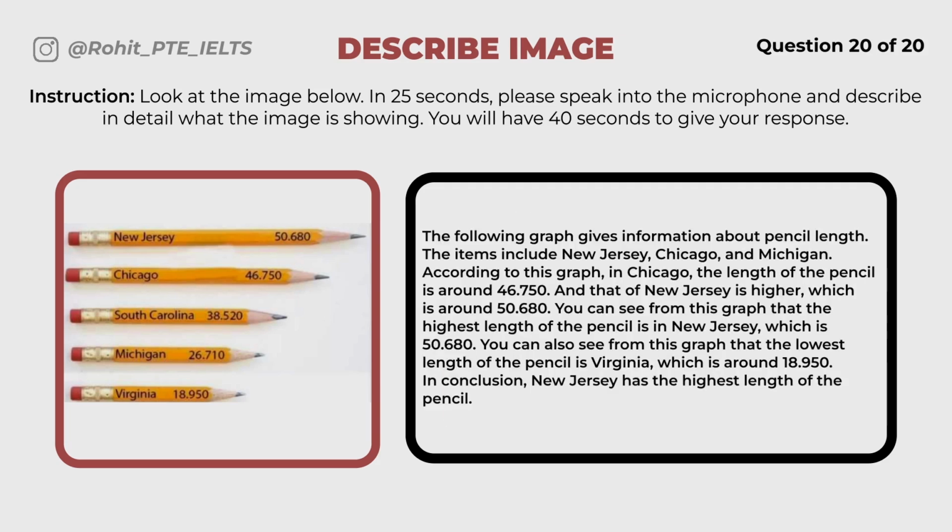The following graph gives information about pencil length. The items include New Jersey, Chicago, and Michigan. According to this graph, in Chicago, the length of the pencil is around 46.75 and that of New Jersey is higher, which is around